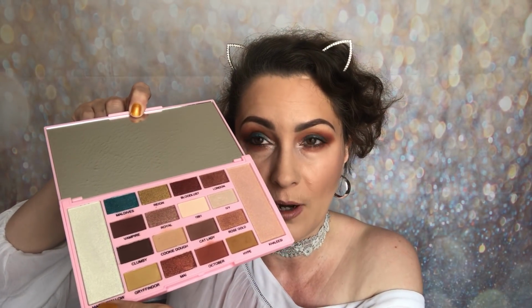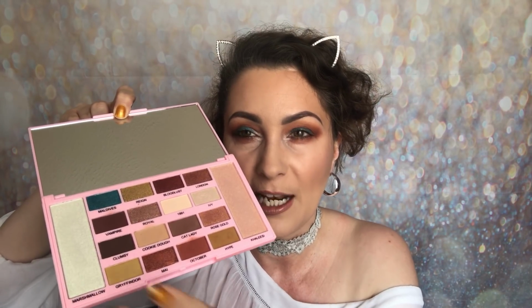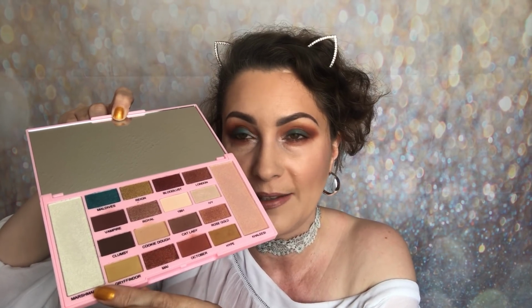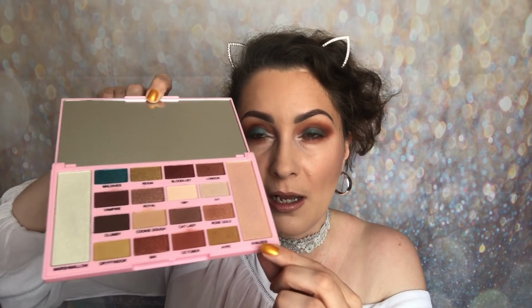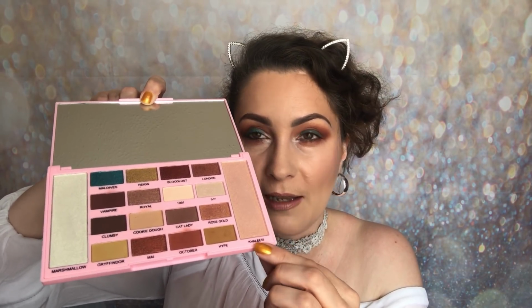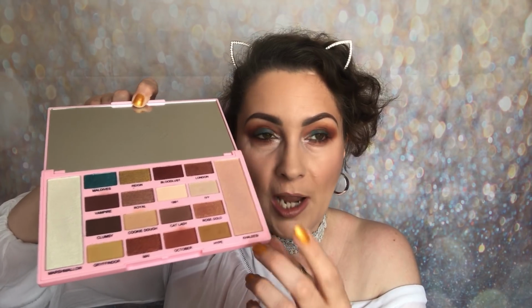You have got Marshmallow there, which is much more light tone. I'm not too keen on these kind of tones. They're just a little bit too harsh for my skin tone, or how I choose to wear my makeup. This one, Khaleesi, which I've been told is a name from Game of Thrones, which I have watched actually 3 series,